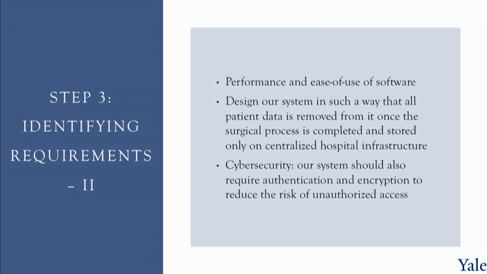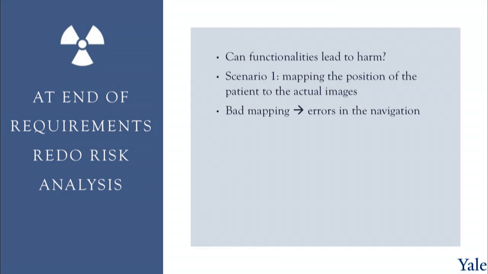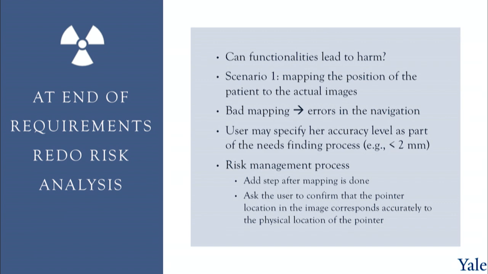When we're done with our requirements, we go back to what we always go back to, risk management. So we do a risk analysis. Can the functionalities lead to harm? So let's take scenario one, mapping the position of the patient to the actual images, because this is part of the neuronavigation. If we have a bad mapping, we can have errors in the navigation, and so the user may specify the accuracy level as part of the niche finding process. We need to be less than 2 millimeters. So the risk management process here is that we have to add a step after the mapping and ask the user to confirm that the pointer location of the image corresponds accurately to physical location